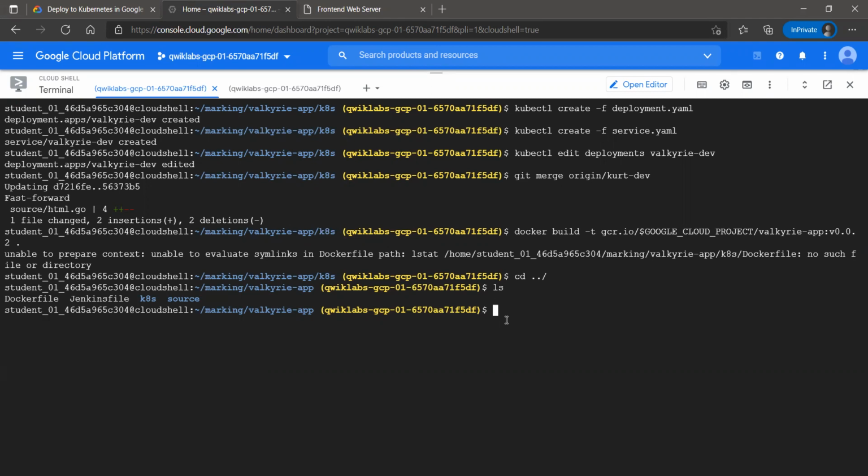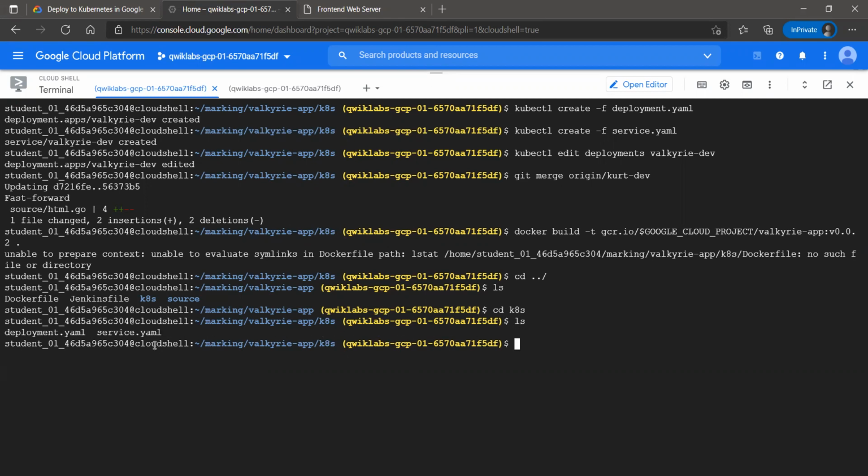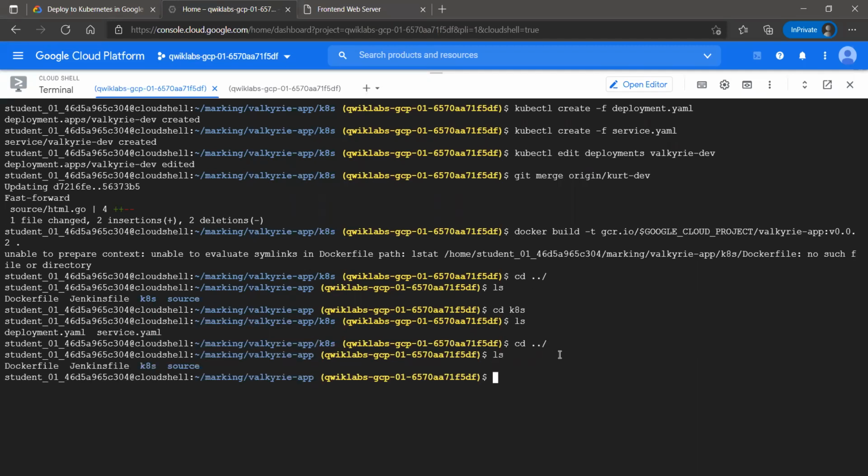Let me show what was the error. cd into K8, list the contents of this K8 folder and see. We don't have any Docker file. So we can't build an image without a Docker file. That's why we need to go back into the Valkyrie app folder where we initially created our Docker file with the configuration given to us. Yeah, so here we have the Docker file listed.